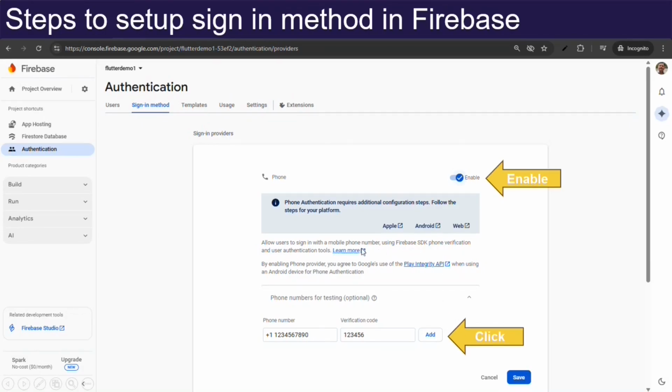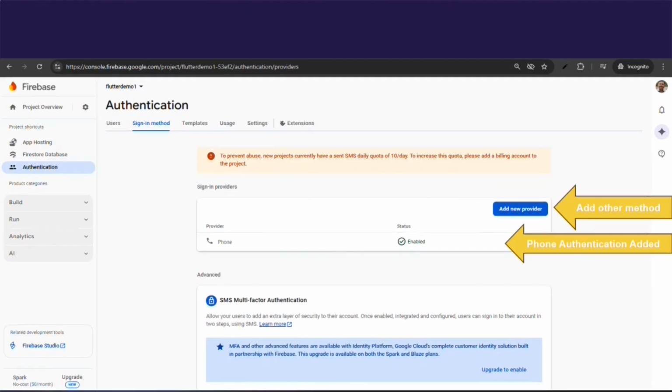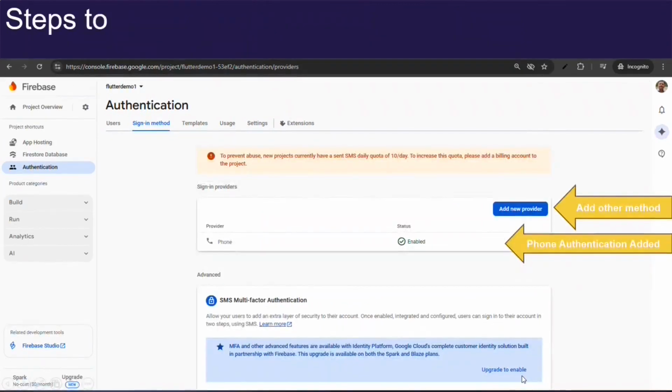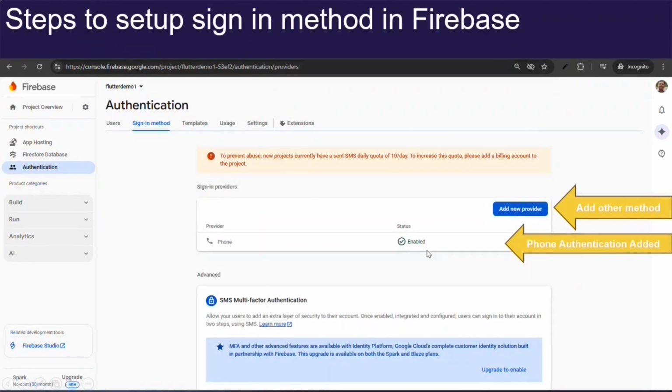Remember, don't forget to follow the steps to use that method on the particular platform. So click on Android and do whatever it asks. When you click on this save button, that sign in method is saved, and now you can see that it is enabled. So phone authentication is added.